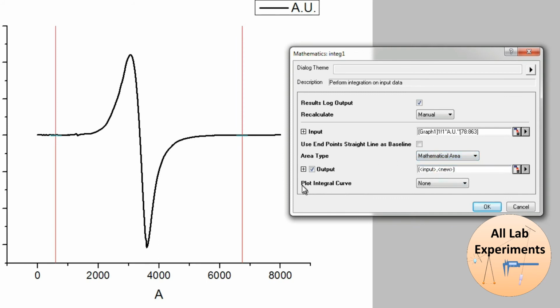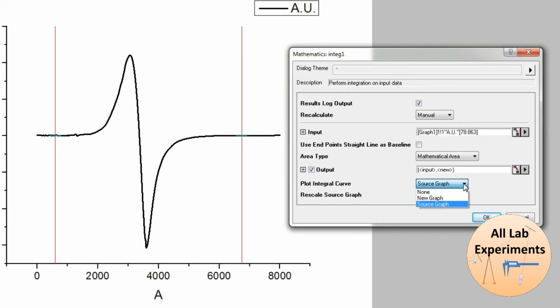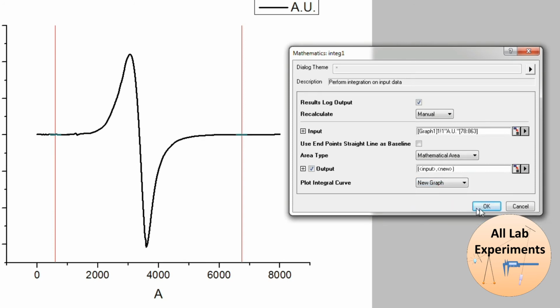And now the integration curve: where do I want to plot it? Whether I don't want it and just want data, or want to plot it in a new graph, or in the same plot. But for making it easy, let us draw this in a new graph. So if I press OK,